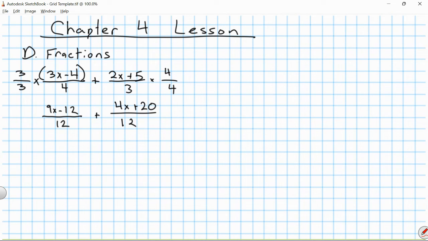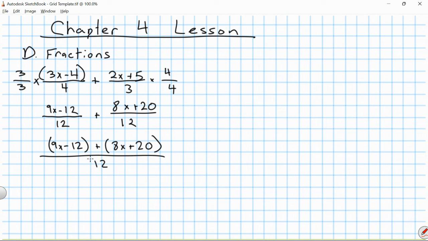Now, I'll be honest with you. I wouldn't write this step. Wait, no, it's 8x. Yeah, thank you. I would not write this next step, because I've done this for a while. Once you get comfortable, you don't need to. But what we're going to do is take these two separate things, keep them in parentheses, 9x minus 12 plus 8x plus 20